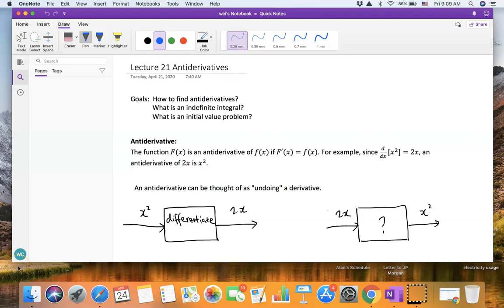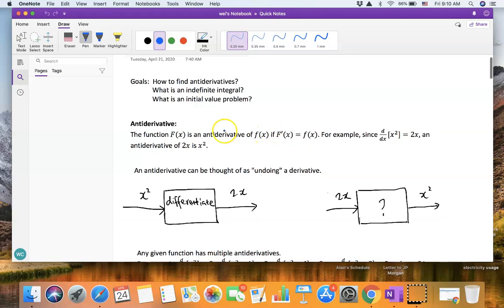Oh, hi everyone. In this video, we are going to study antiderivatives. So we're going to see how to find antiderivatives, what an indefinite integral is, and what an initial value problem is. Okay, so let's first take a look at the definition of